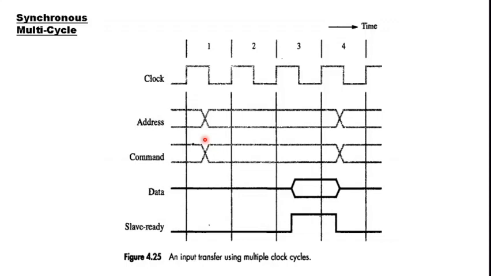Then by the end of clock cycle 1, the slave has understood that it was selected by the master for a particular operation, and the operation is this one through the command. Okay, then the slave will start preparing the data. In this case it is an input operation, so it has to be given to the master. So the slave will start preparing the data to be transmitted. And again here we can see that the slave is not constrained to be ready with data at the end of clock cycle 1. Okay, the slave can prepare it according to its speed.